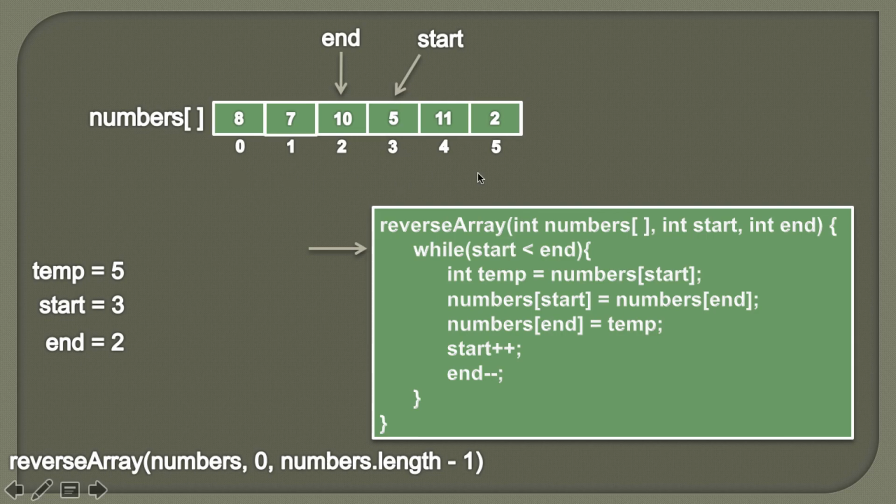Friend, here we saw an example with an array of even number of values. So we actually swapped in pairs. But if we took an array of odd number of elements, then also this algorithm will work fine because the middle element will always retain its place when we are reversing an array. So friends, let's go to Eclipse and see the working of this algorithm.